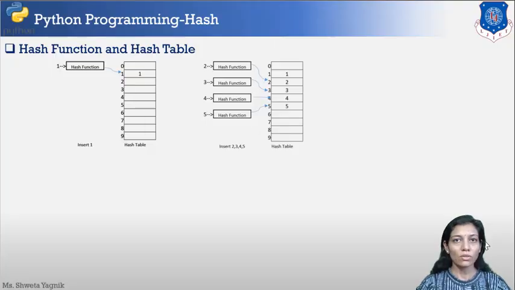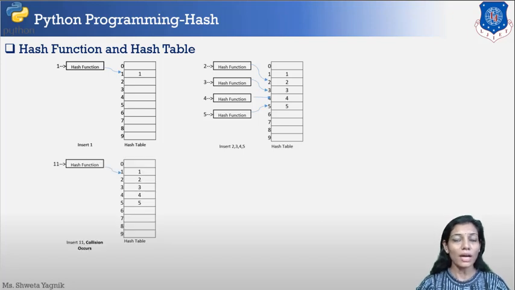Here we have a scenario of hash clash. We have already populated our table with these elements, and now we are having 11 to be inserted. Using the same hash function, it will map to the position 1, that is bucket 1. So this is a collision or hash clash. Now in order to resolve this hash clash, we are using the technique called chaining or separate chaining, where we'll be maintaining a list of items which are falling into the same bucket.